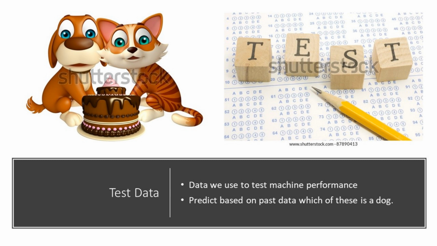See, if I have to test you, I should have an answer key, and then you will write the answers and I will tally whether it is the correct answer or not. So on new data, I cannot test the machine, right? Because I don't even know the output of that data. So from the past data only, those 1 lakh transactions that I had, let's say I will give some 10,000 transactions to the machine, and I will not show the output. I will not tell the machine whether that person defaulted or not, the target variable, the Y variable.